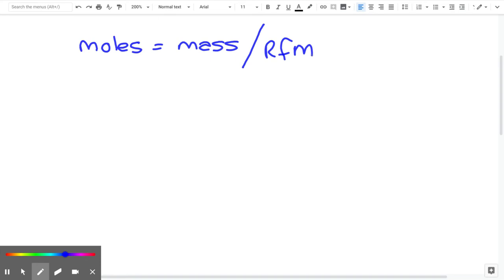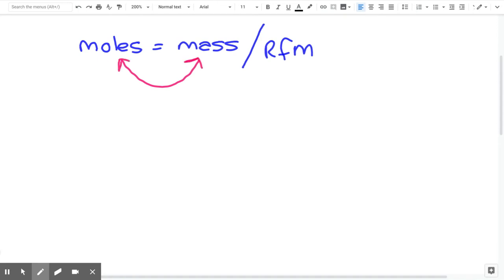Okay, so in the previous clip, we looked at how moles and mass were related to each other via the RFM, and we use the equation moles equals mass divided by RFM. Now, a question may be reversed sometimes, whereby they give you the number of moles, and what they're actually asking you to do is calculate the mass that you would perhaps have to weigh out